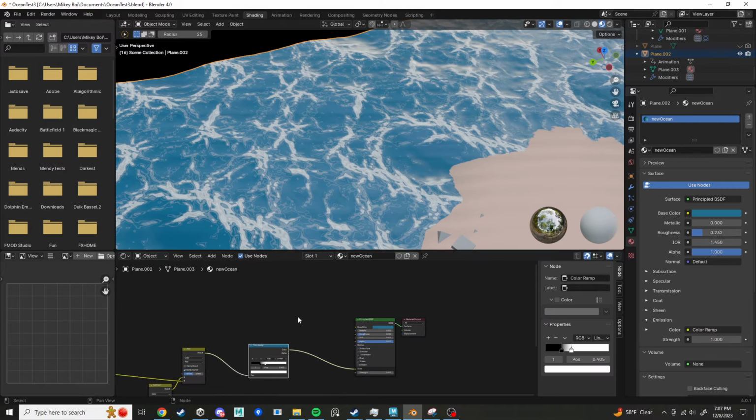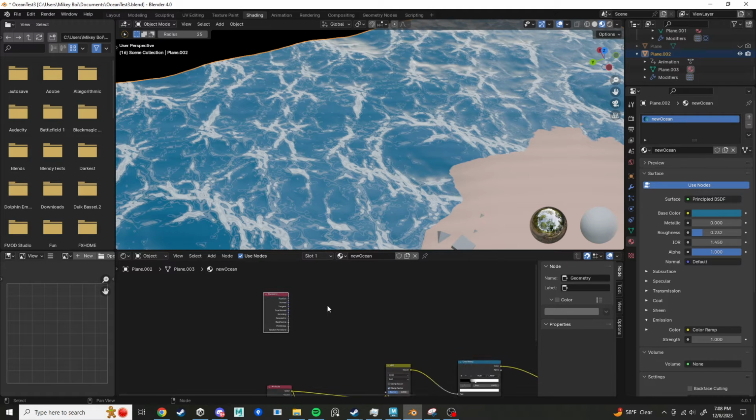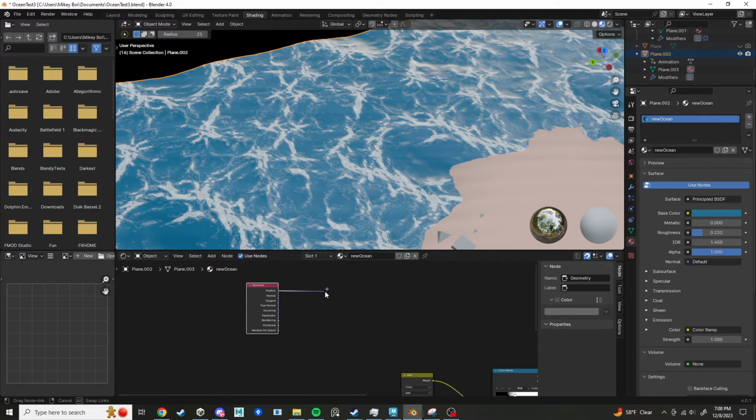So let's go back to our shader. And I don't have any UVs that I'm assigning to that plane, correct? So what we want to do is use that geometry node. I'm going to press Shift A and look for geometry. Now, since we don't have any UVs, we're essentially using the world space coordinates, the position data, as our UVs. We're mapping it to the world position of that. Okay, so if we plug this into